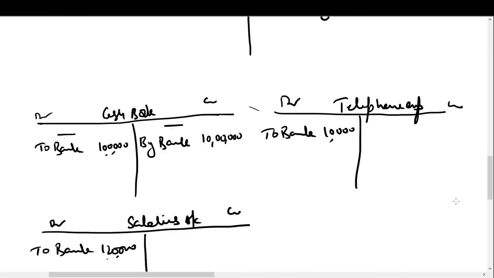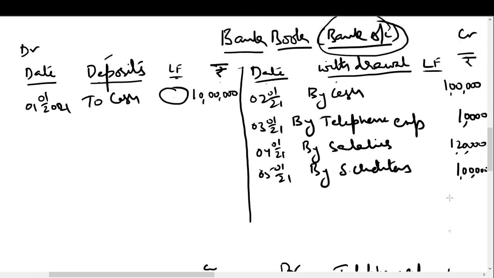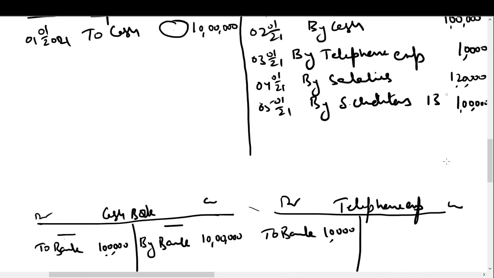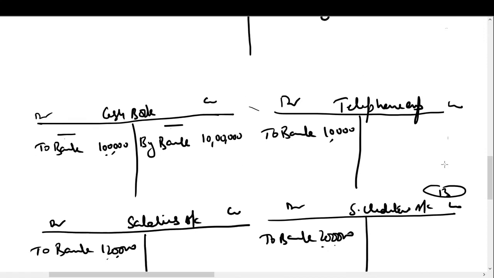What should I do next? I should go to the sundry creditors ledger account in the ledger. And I'll write on the debit side to bank rupees 2 lakh. Let us suppose the sundry creditors is on page number 13 of the ledger. So we should write here page number 13. Now we find that the amount is 1 lakh. I think I've taken the wrong amount in the sundry creditors account. So this should be 1 lakh rupees.